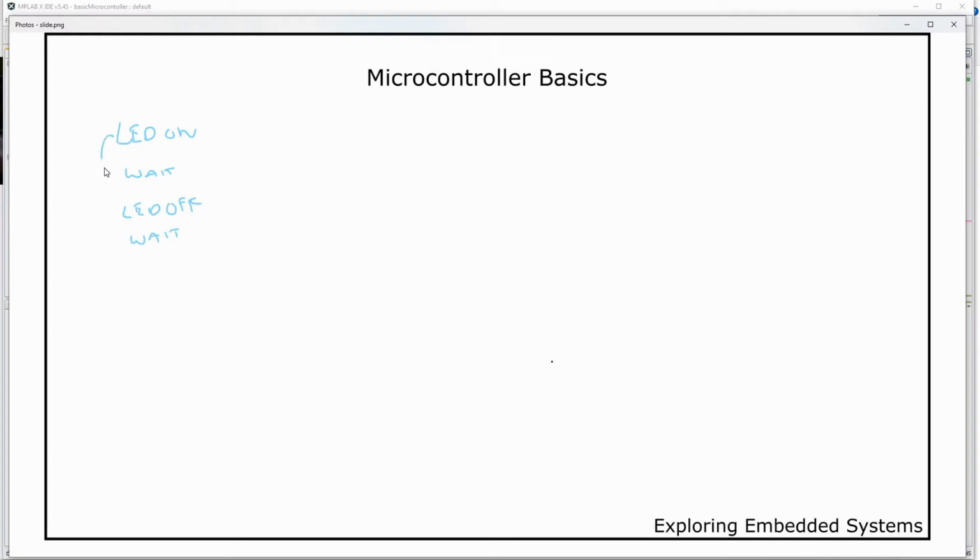It will come here, wait for some time, then come here and again wait to turn off the LED, come back and wait, and once this is complete it will go and turn the LED back on.